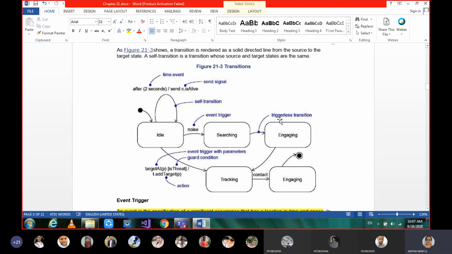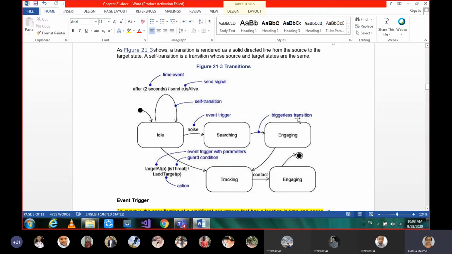That is a triggered transition. Triggerless means the state itself will do its complete activity and then the control is transferred to the next state. So here the searching state is completing its action, searching. Once that is done completely, only then is the control transferred to the next state.